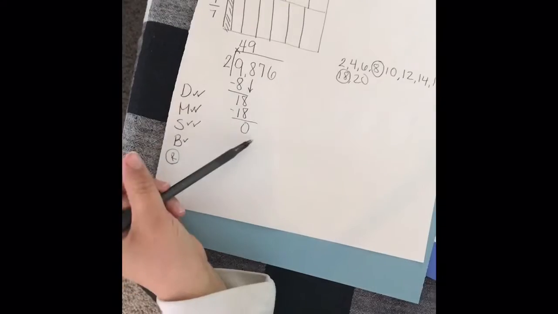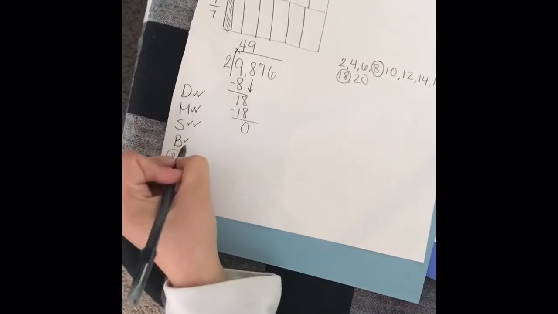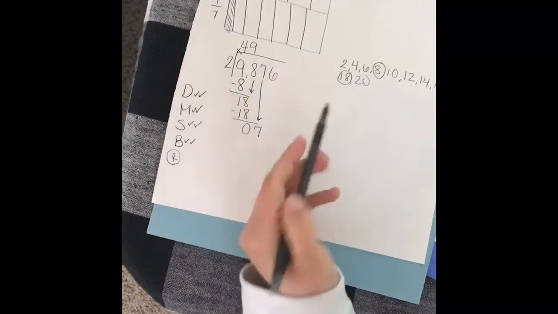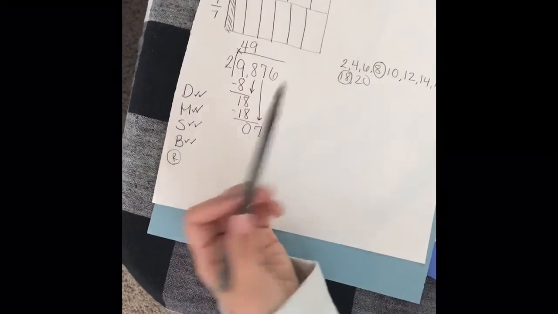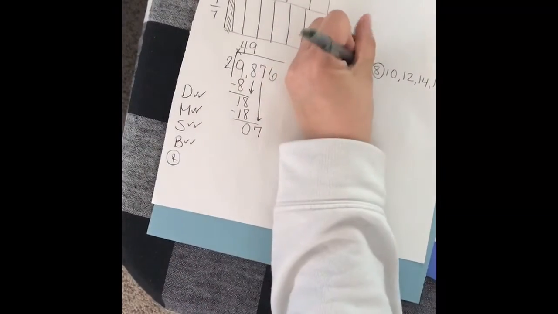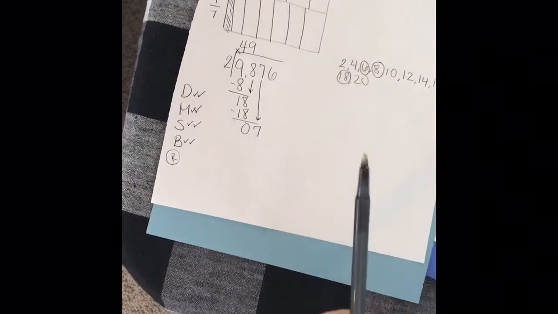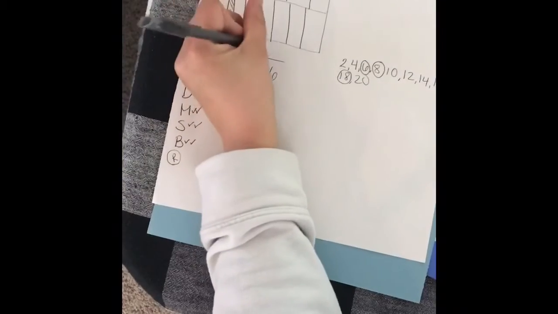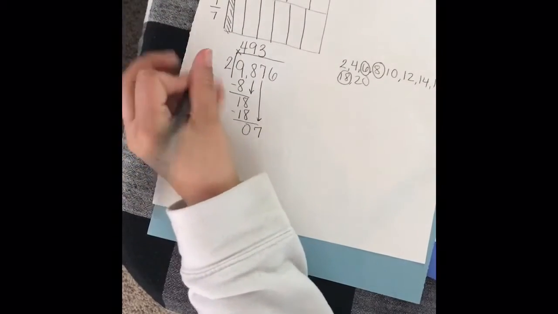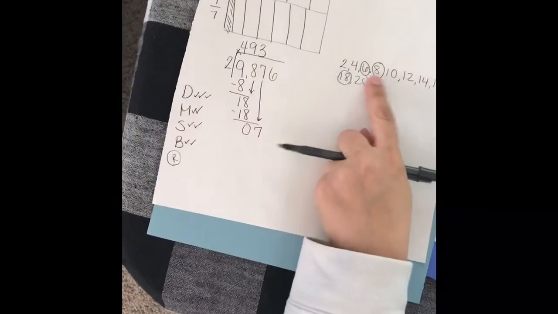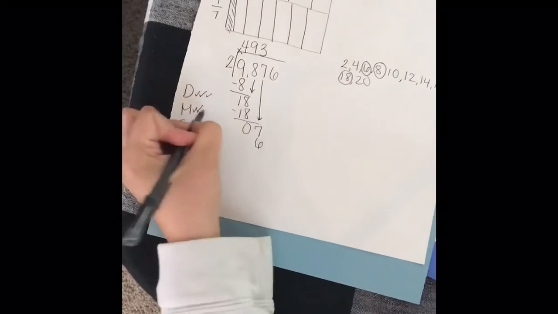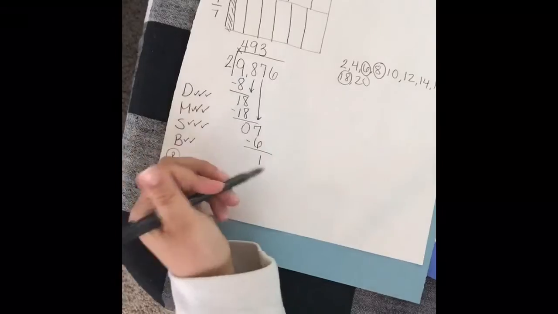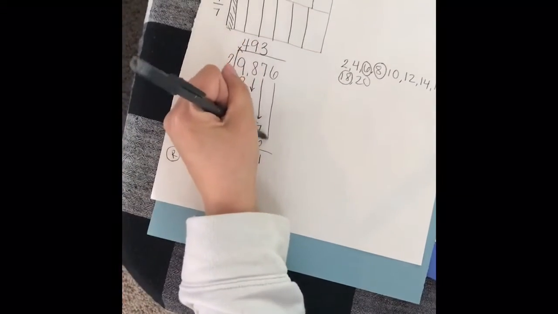We know 2 people can't fit in 0 chairs, so we need to bring down. Now we're looking for the number 7. Again, we don't see it, but the closest we can get is 6, and 2 can be divided into 6, 1, 2, 3 times. That's me dividing. Now we multiply. 3 times 2 is 6. So we go ahead and subtract, and we're left with the number 1. Then we go ahead and bring down,